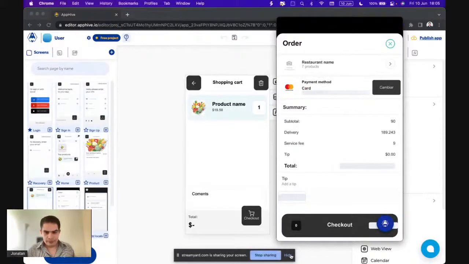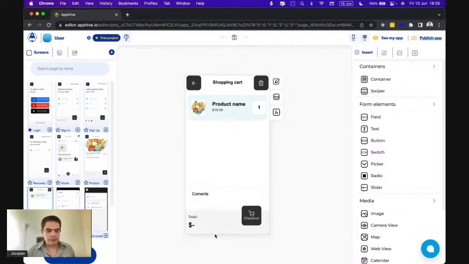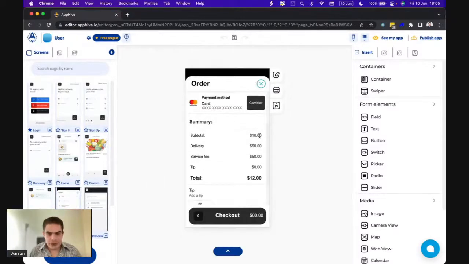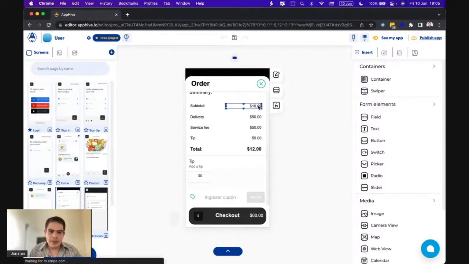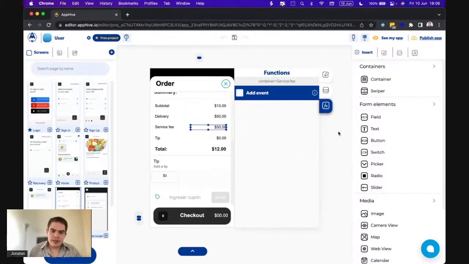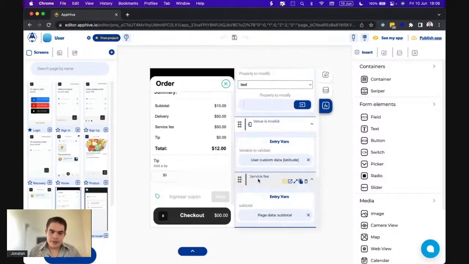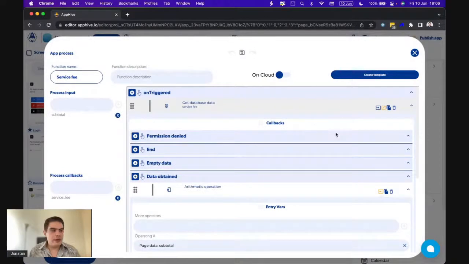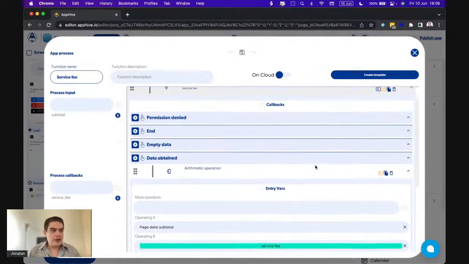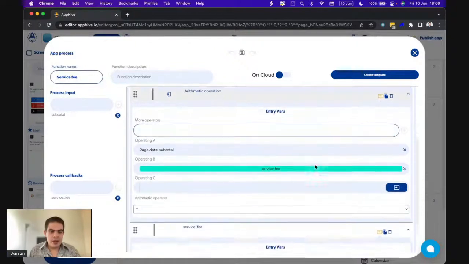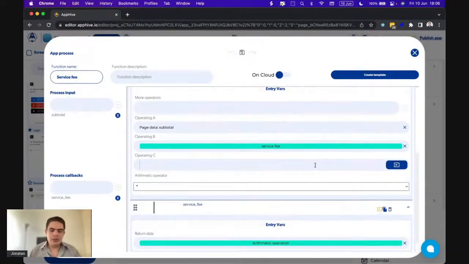Okay. Well, we are here. We have our checkout page where we have the subtotal, delivery, service fee. We calculate this by using a process. So we have this process called service fee. We only need to send the subtotal, and this process is calculating the service fee from the configuration we have on the database. So we're reading the service fee from the database, and we can change it on the database,